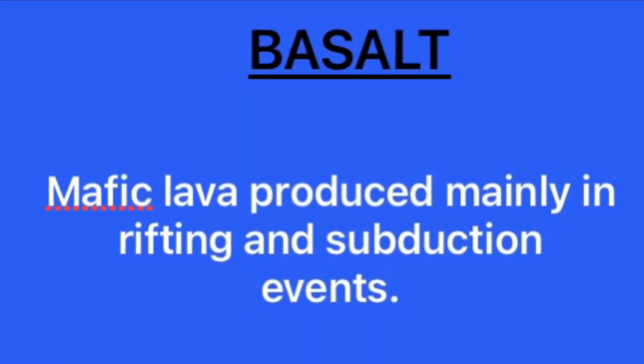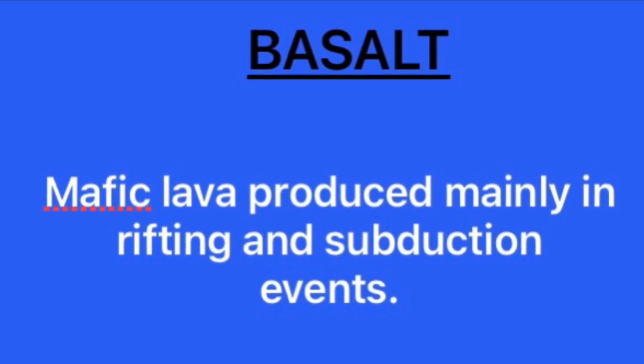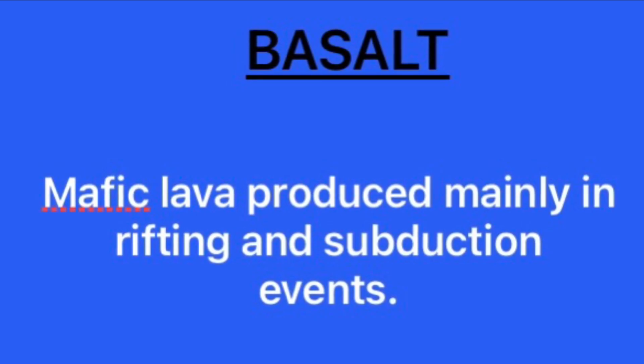Okay, first we're going to talk about the mafic rock basalt. Basalt is mafic lava that's produced mainly in rifting situations and subduction situations. By rifting situations, I'm talking about a mid-ocean rifting ridge, or when a supercontinent like Rodinia rifts apart, and in